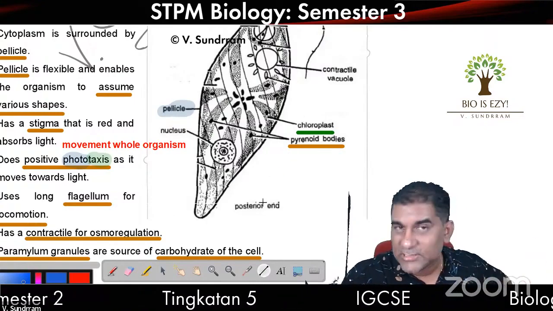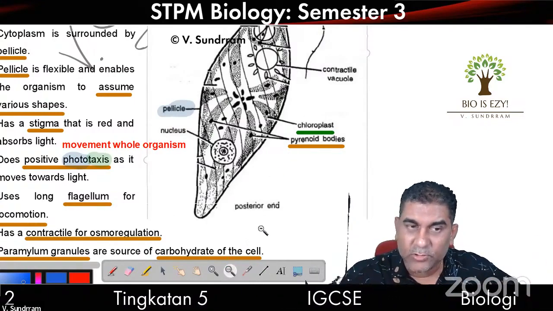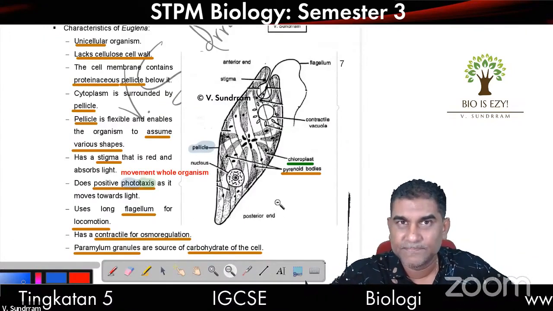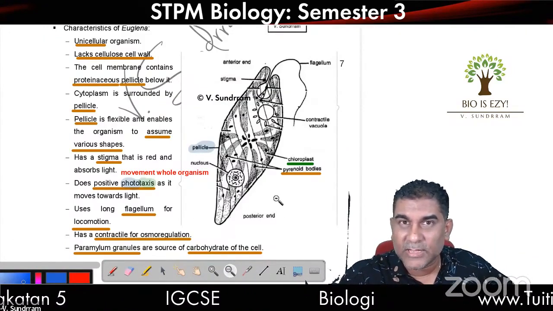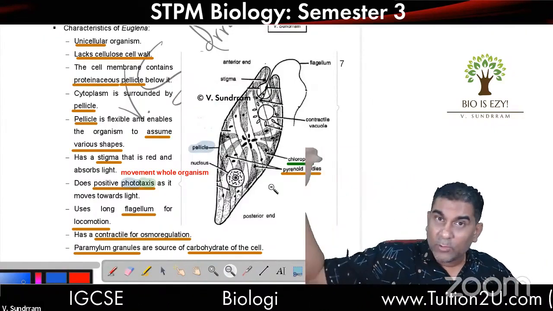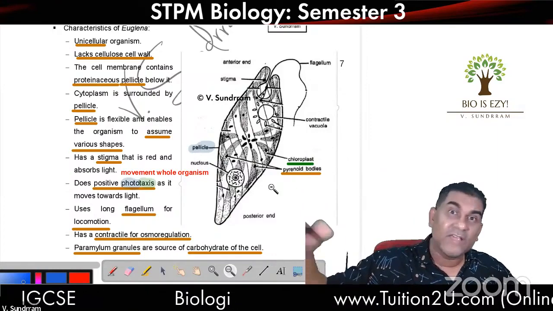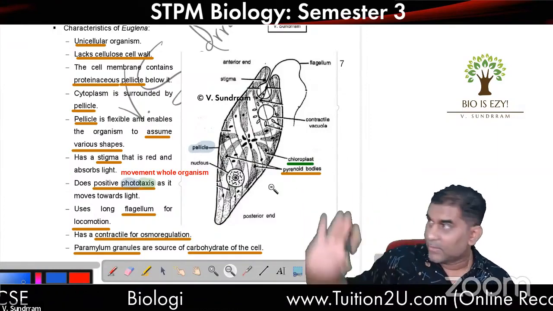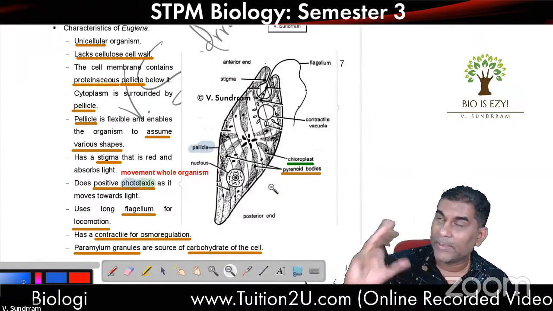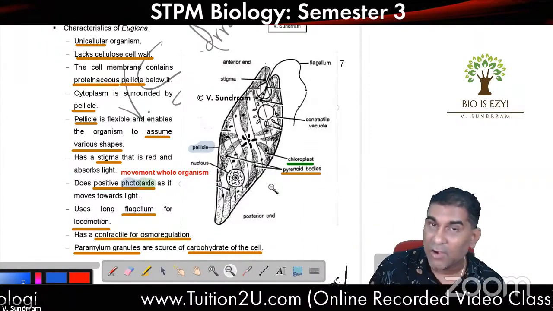Normally for a unicellular organism, you need to remember 6 characteristics, minimum 6. Most of the time, they give 3 marks for the characteristic. For a more advanced organism like an animal, we ask for 10 characteristics. This is unicellular, considered a simple organism. Make sure you have at least 6. Now, out of the 6,